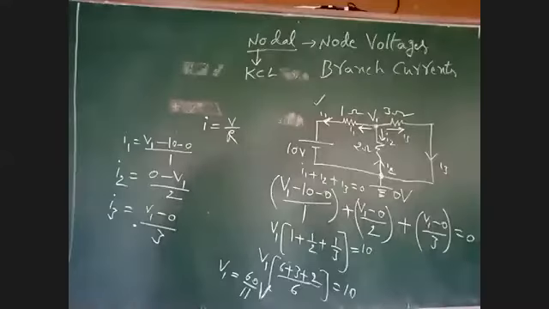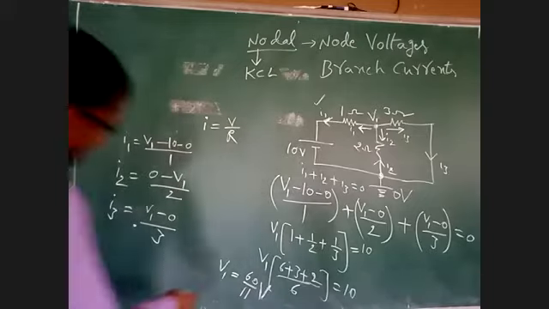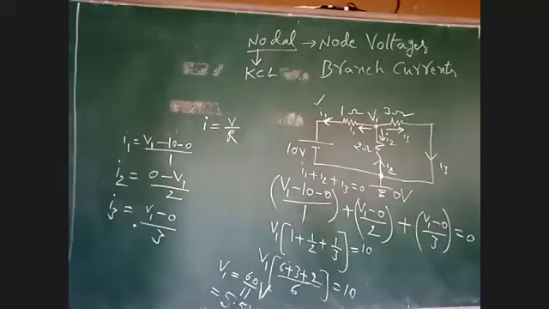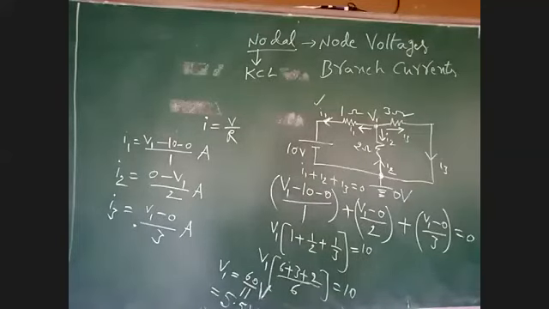Now we know V1; we have already calculated it. If you want to write the decimal value also, 60 by 11 is 5.5 volts. Now substitute V1 here and we'll get the currents I1, I2, I3. So we have determined the branch currents also because we know V1. That's all about this problem.